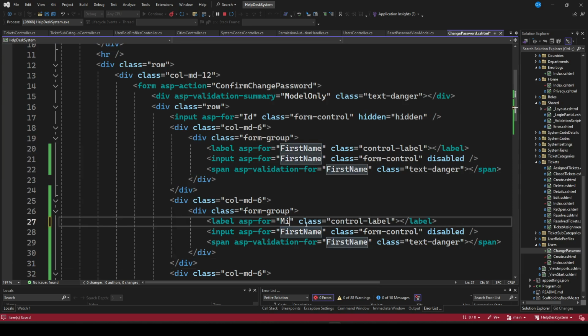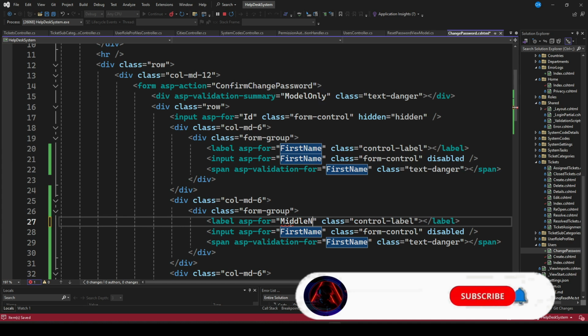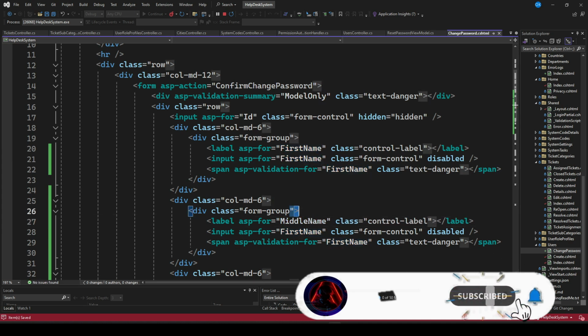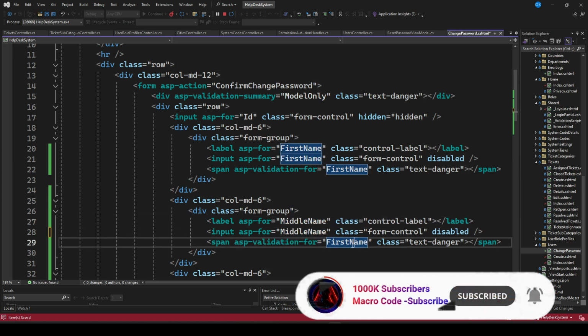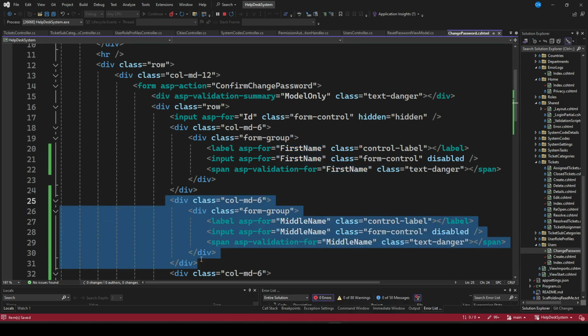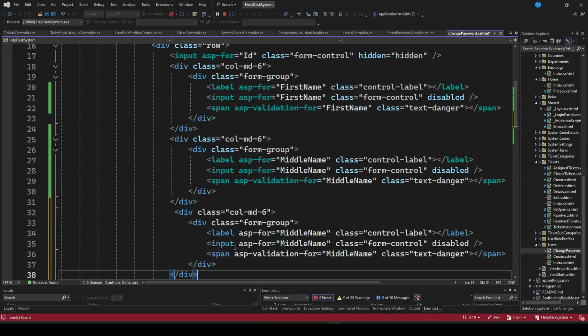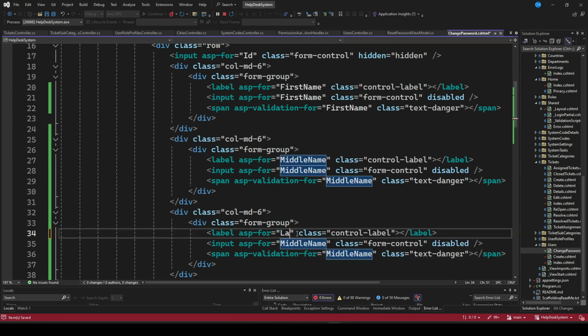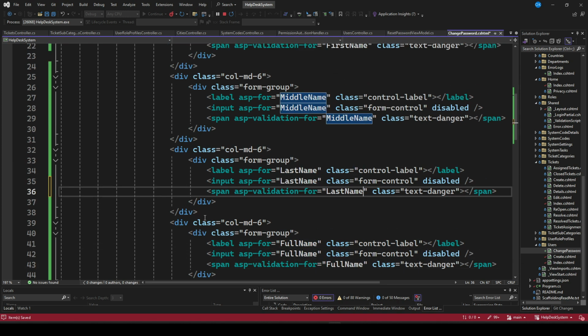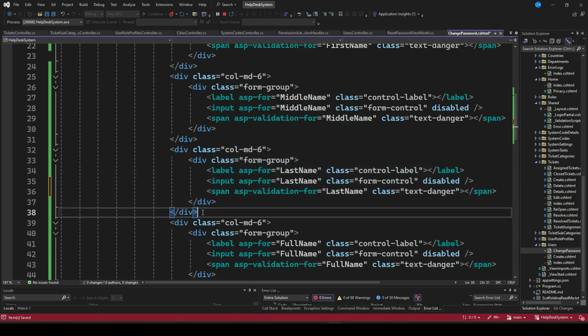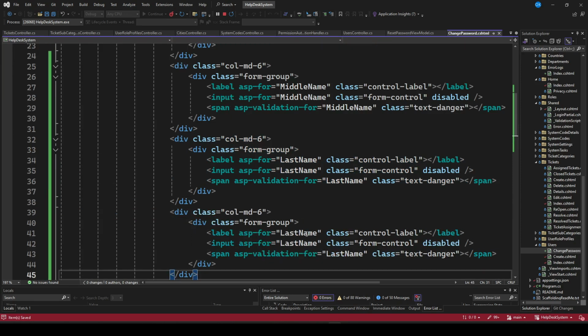Say middle name. You also have middle name here. You can also have last name. You just do last name. Just do here last name. And also if we just do this, you can also have